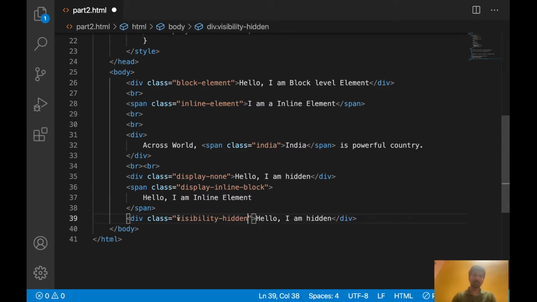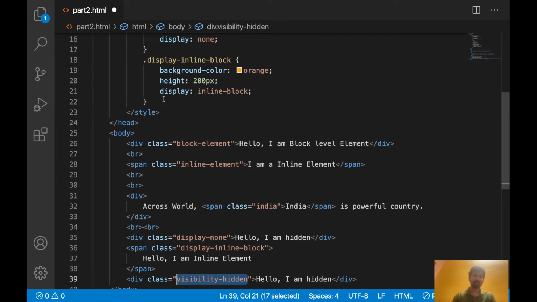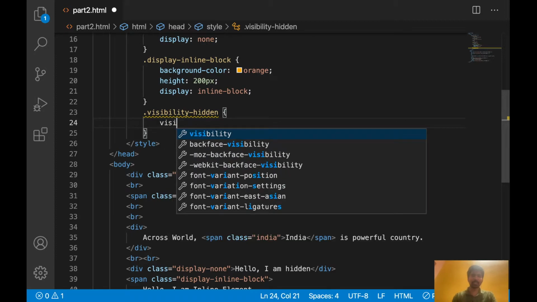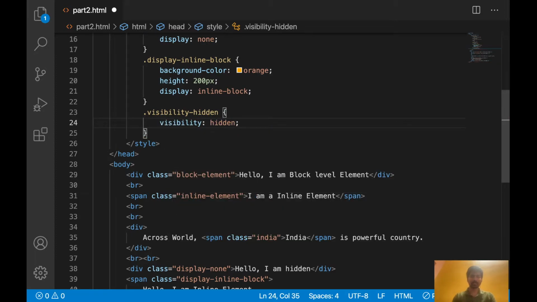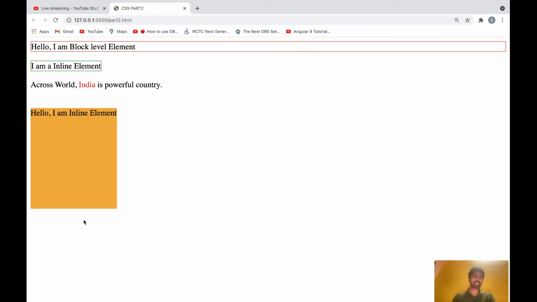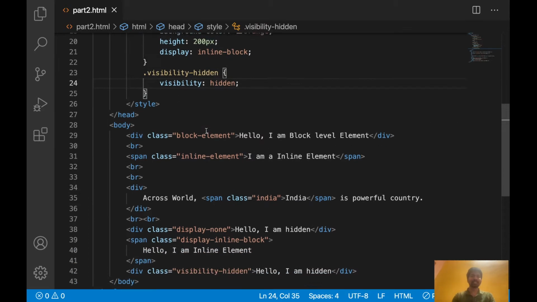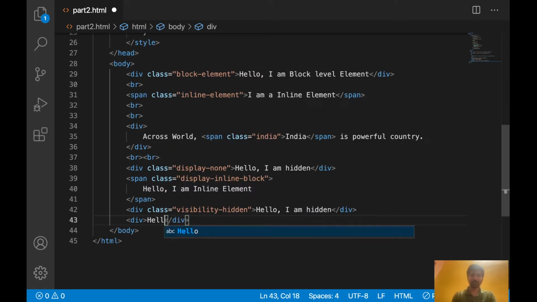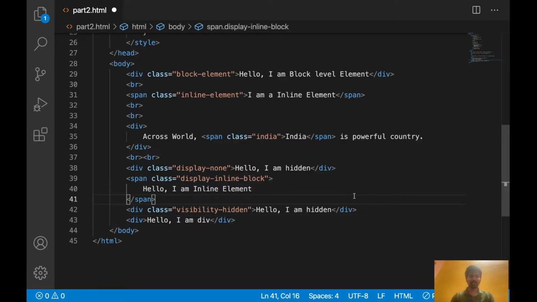For this I will write CSS visibility hidden. Okay. Visibility hidden means, see, that element is not coming here because we made it visibility hidden. Okay, so let's write one more element. I will tell you why I am writing hello. Just I have written this one.